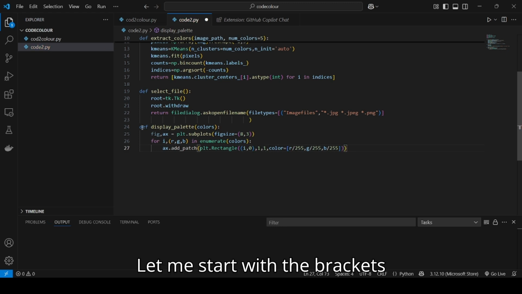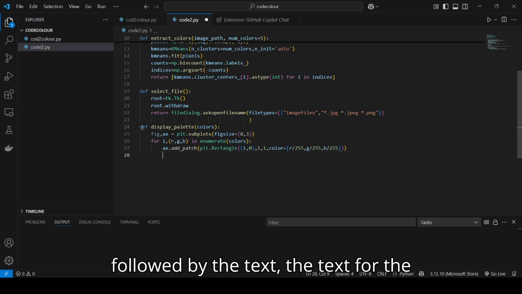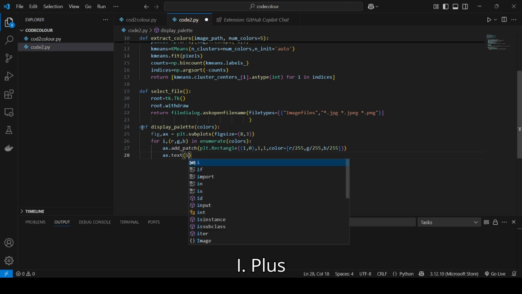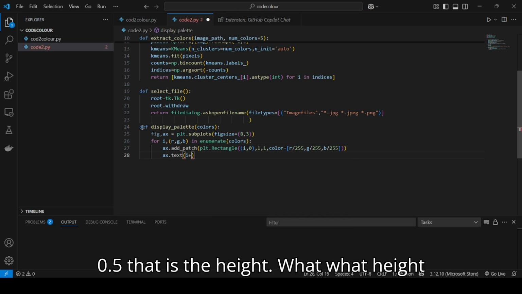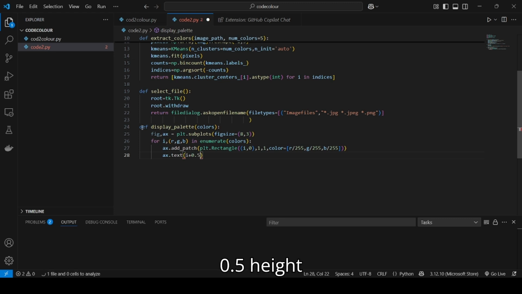Let me start with the brackets, followed by the text for the color codes, ax.text. I plus 0.5, that is the height, what height the text should be displayed. 0.5, I plus 0.5, then 0.5,